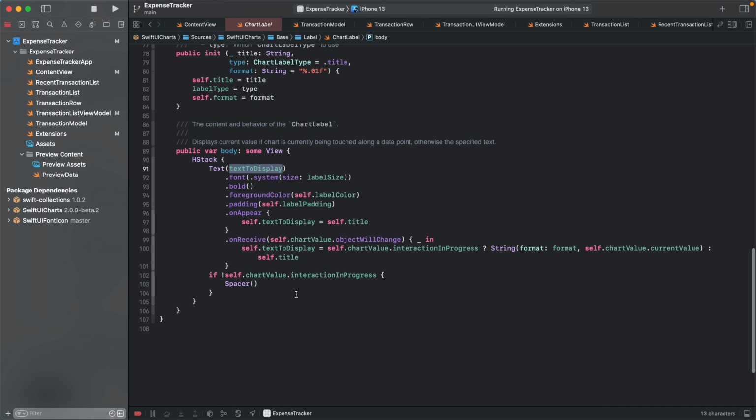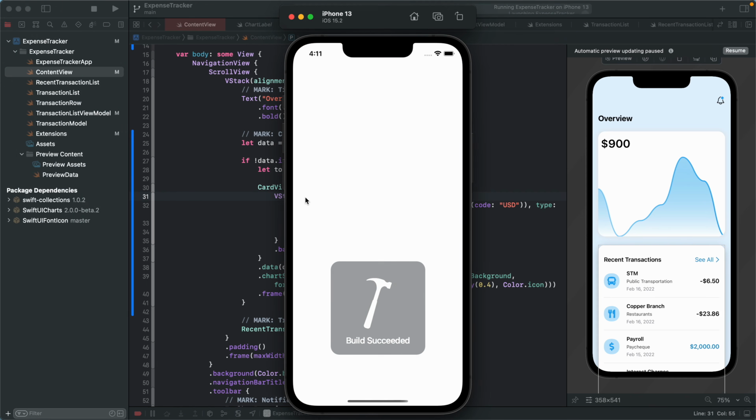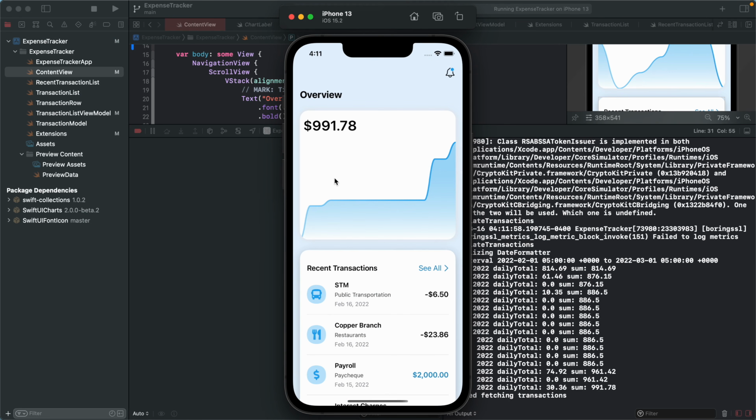I think maybe it's also the combination of the extra spacer if the interaction is not in progress. Command R again. There you go. The last issue is when we drag the point again, the amount is not in 2 digits